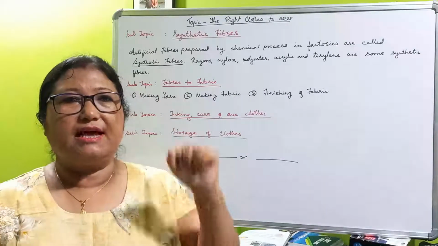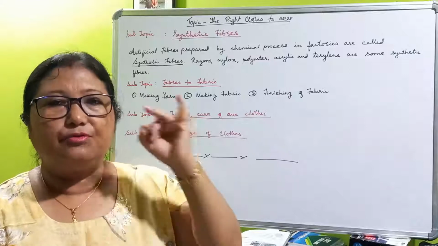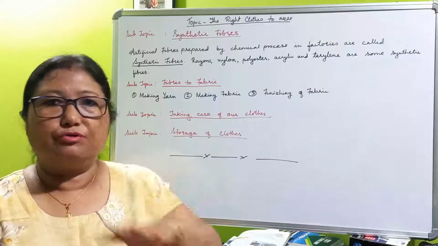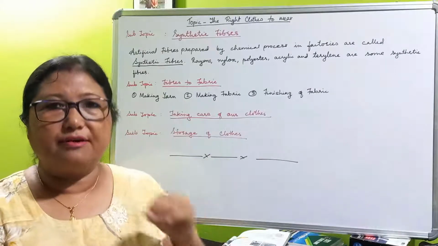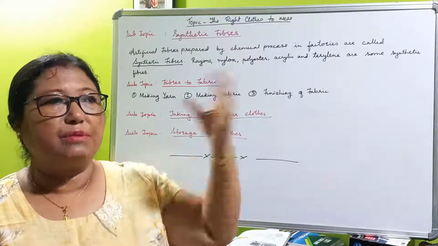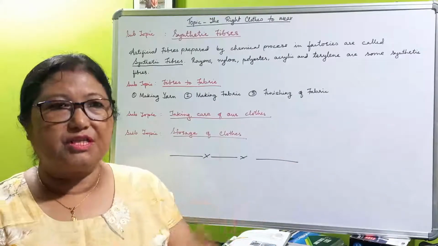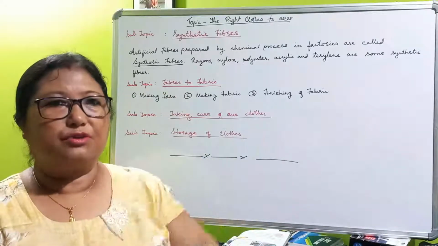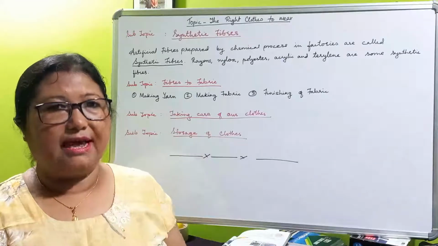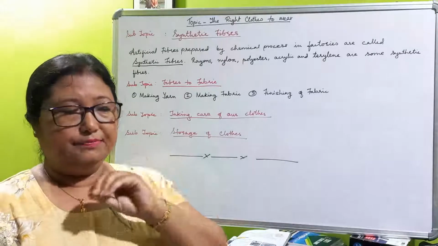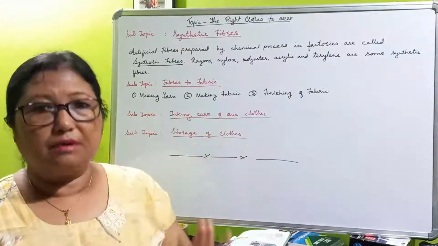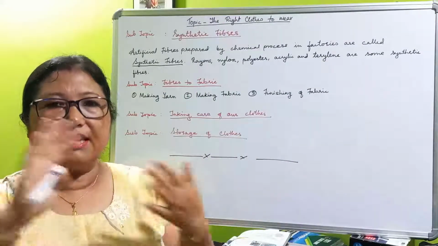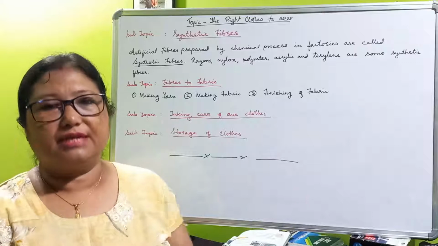Another important thing: for silk materials and woolen materials, you have to give more care. Silk clothes you cannot wash at home because they need good quality soap or detergent. So it is better to give them for dry cleaning, isn't it? Woolen and silk materials, you have to give for dry cleaning so that they can be washed without destroying the material. And always try to keep woolen and silk clothes in an airy place, where you get a lot of air, so that they will not get destroyed. In this way you should take care of your clothes.